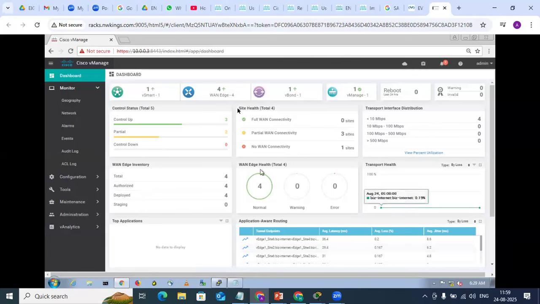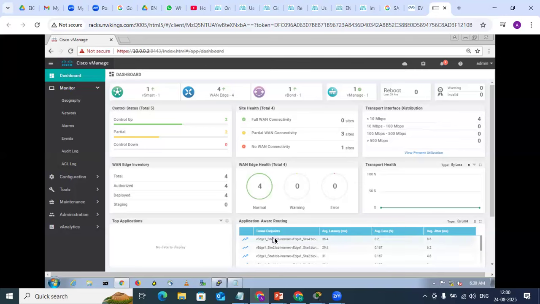You will be able to see how many control connections are up, how many partial connections are there, what is the full WAN connectivity, what is the partial WAN connectivity. There is no connectivity for one site, for troubleshooting purposes, right? All these are using what? They are using above 10 Mbps interfaces, right?